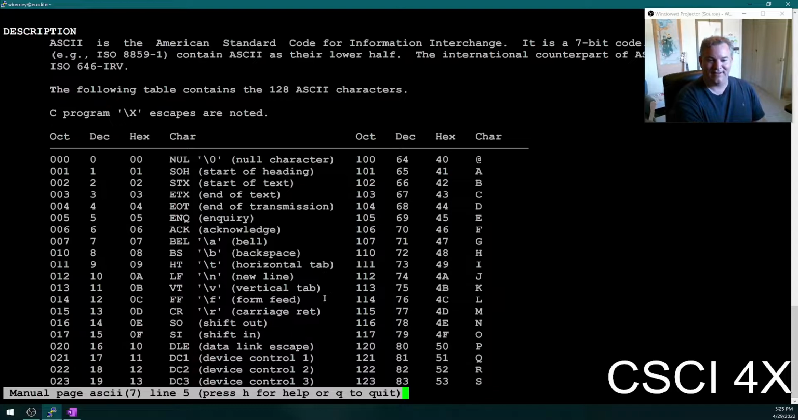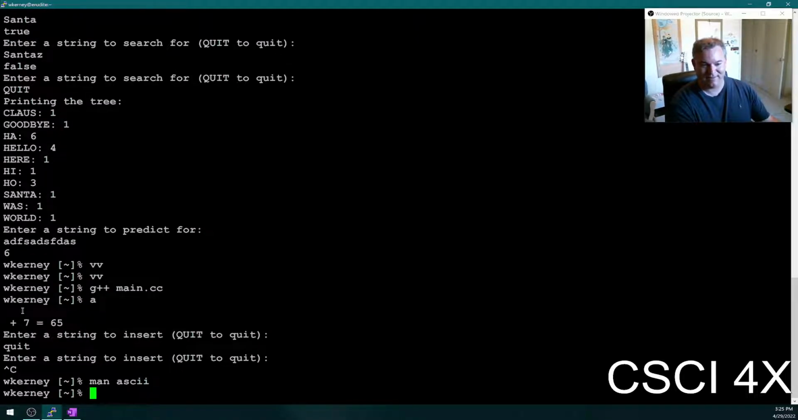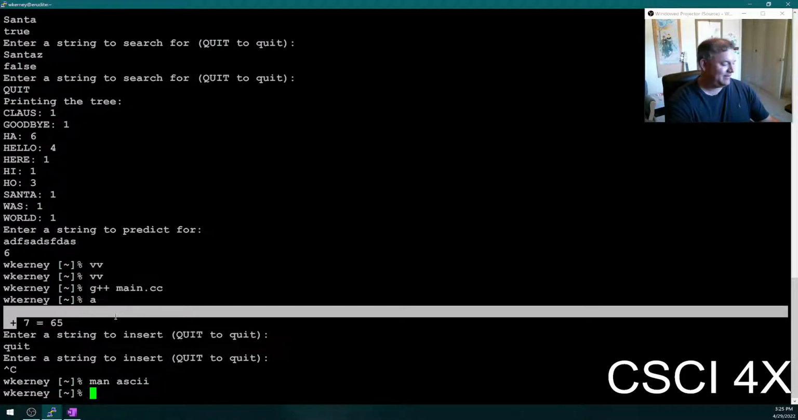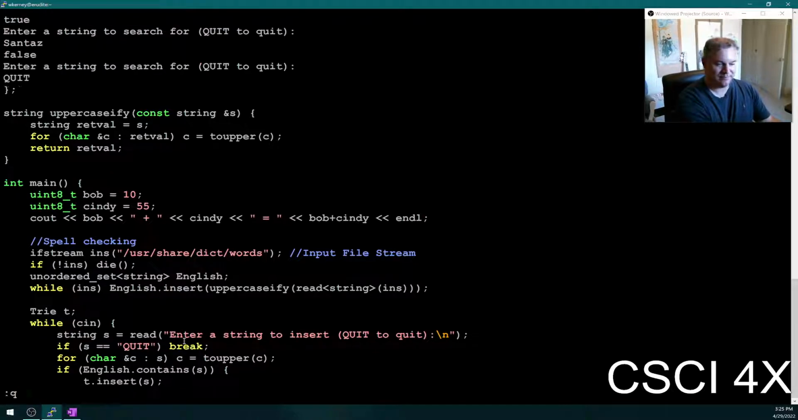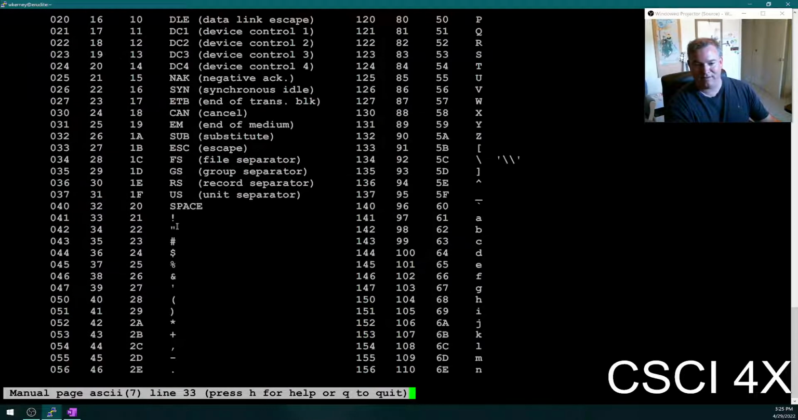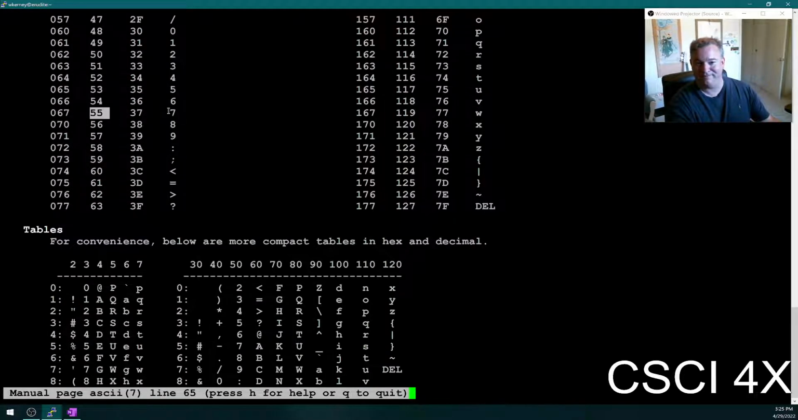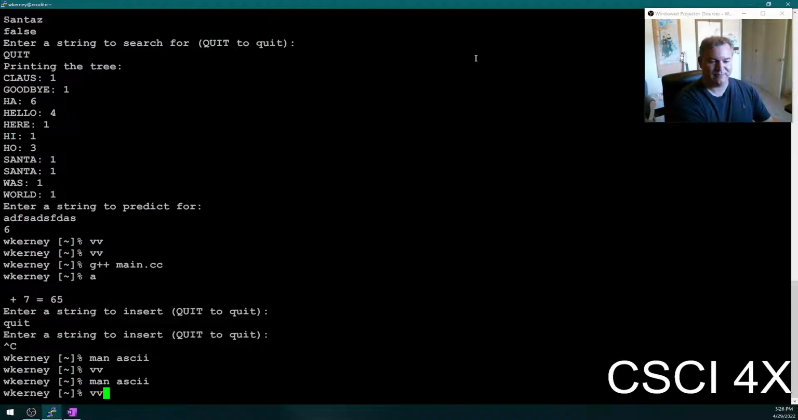Well, what is 10? 10 is new line. Okay. So it printed a new line there. Look. That's a new line being printed out. And 55, oops, 55 is the number 7. So instead of printing out 55, it printed out 7. And instead of printing out 65, wait, it did print out 65. What's going on there? Well,